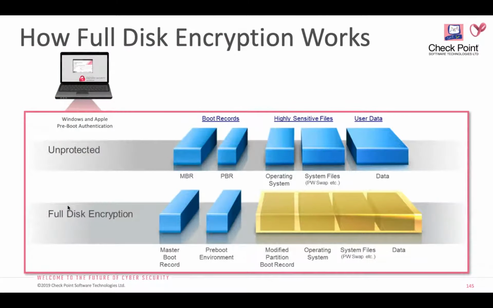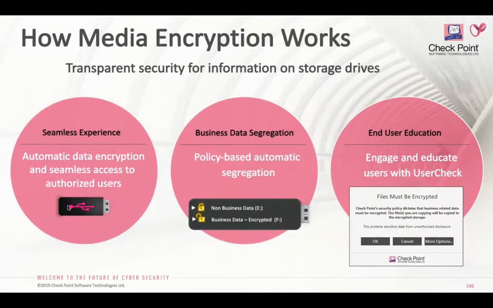So what is full disk encryption? Basically, the moment you install the endpoint agent on your machine, it's going to encrypt the hard disk of that particular endpoint totally, right? And then if you want, you can encrypt only certain chunks of the hard disk. For example, you can define a rule saying that encrypt only my C drive, right? Then using media encryption, you can define a rule saying that if the pen drive is already encrypted, in that case allow it to connect to my network, or allow it to connect to my endpoint, right?